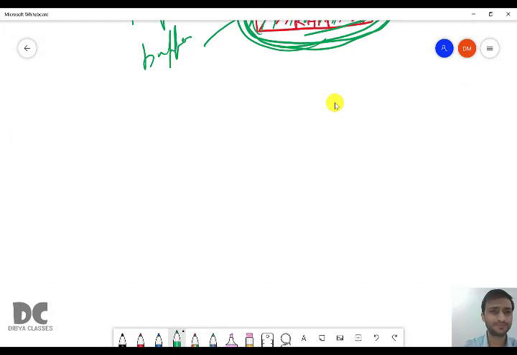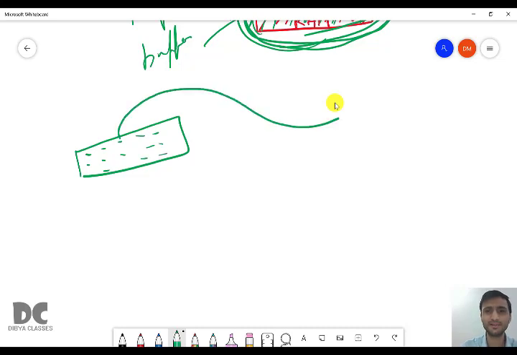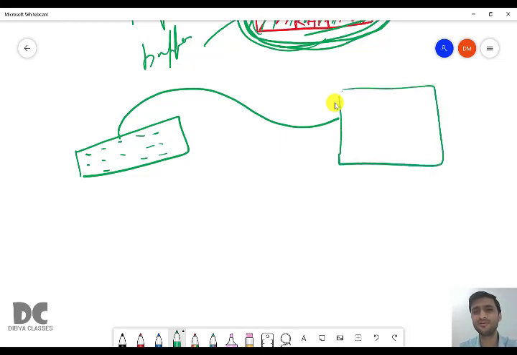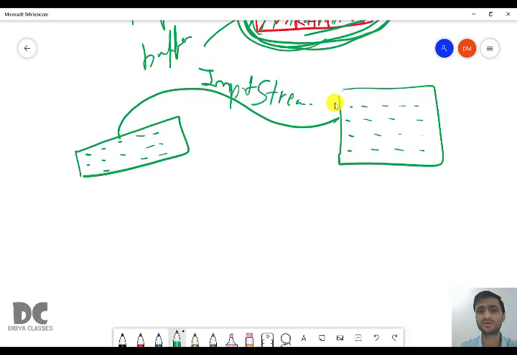So whenever you input anything in your keyboard, your keyboard is connected to your system. For example, here in Java, we'll say that your keyboard is connected to your program through the help of InputStream. We already studied that InputStream helps us to connect your keyboard with the program. Here we'll take input in a variable, for example, a. But the keyboard is an electronic device and it is connected to your main computer system through wires.